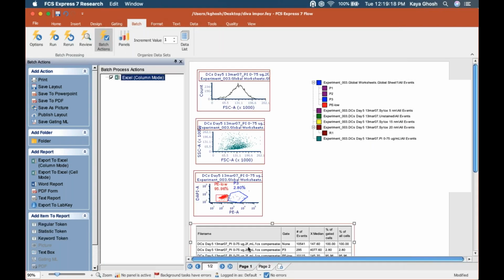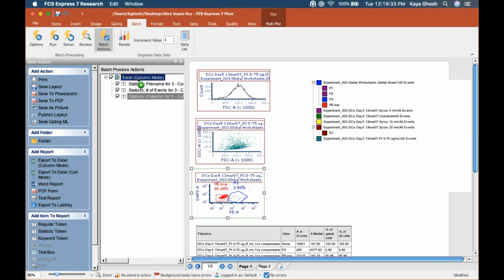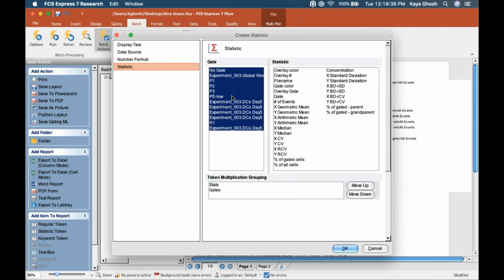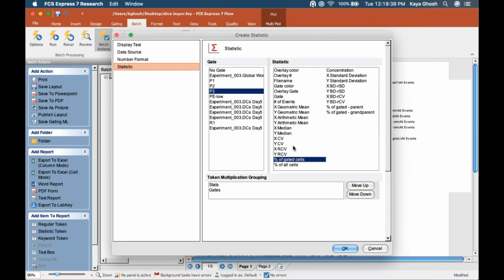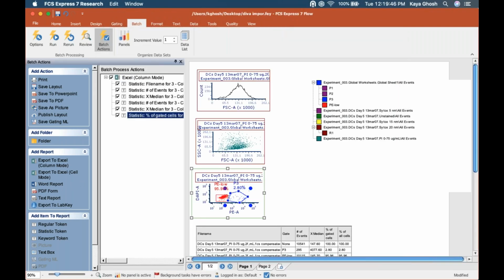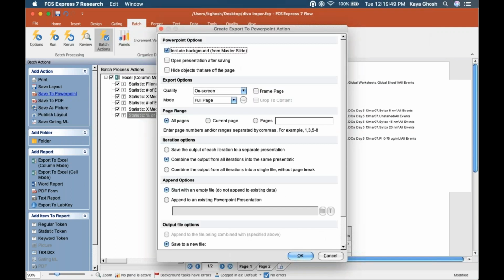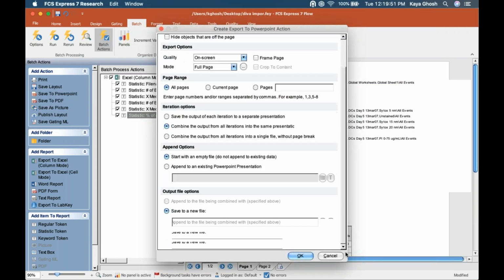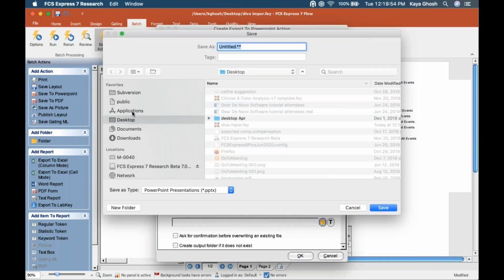Okay, and this is my Excel, so I'm just going to put in a few different statistics and the file name like this. And maybe I just want these couple of statistics right here, and maybe something off of this P3 gate. So I'll drag that in, and maybe I want to look at the percent of gated cells and the number of events and the X median for that. Okay, and now we'll just quickly put in a save to PowerPoint, and I'm going to put this on my desktop too,